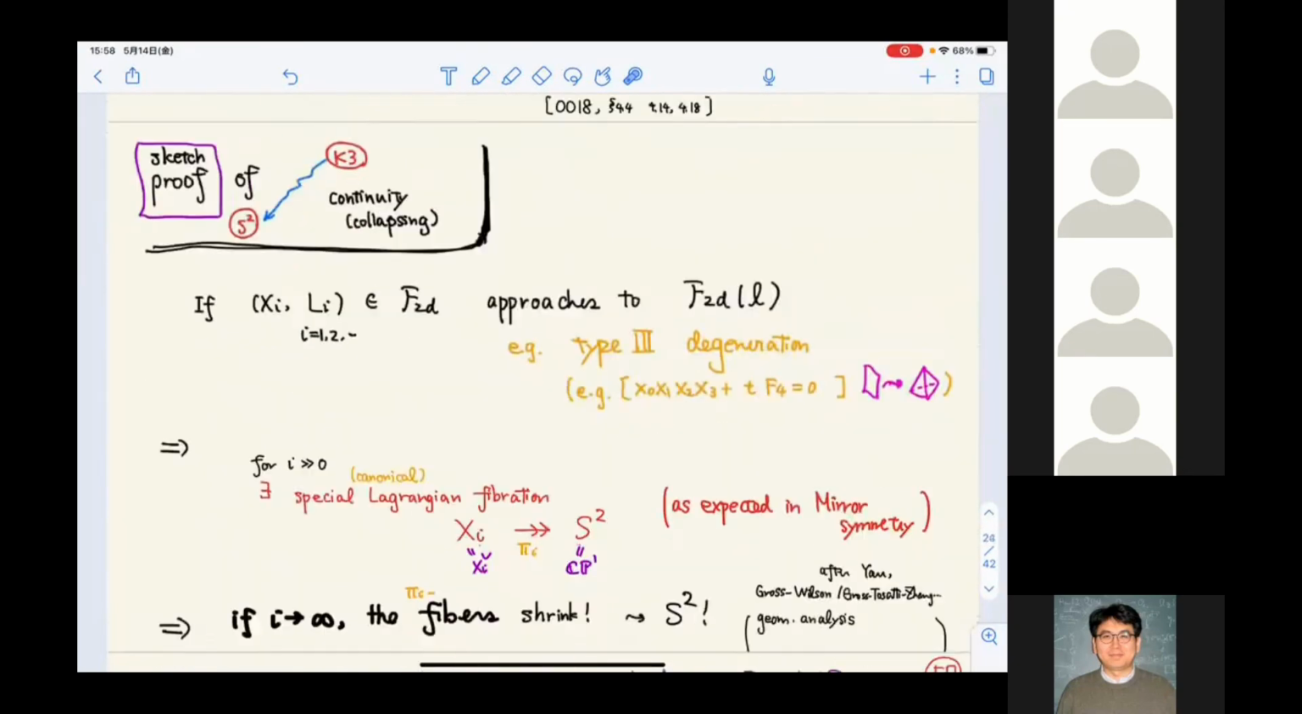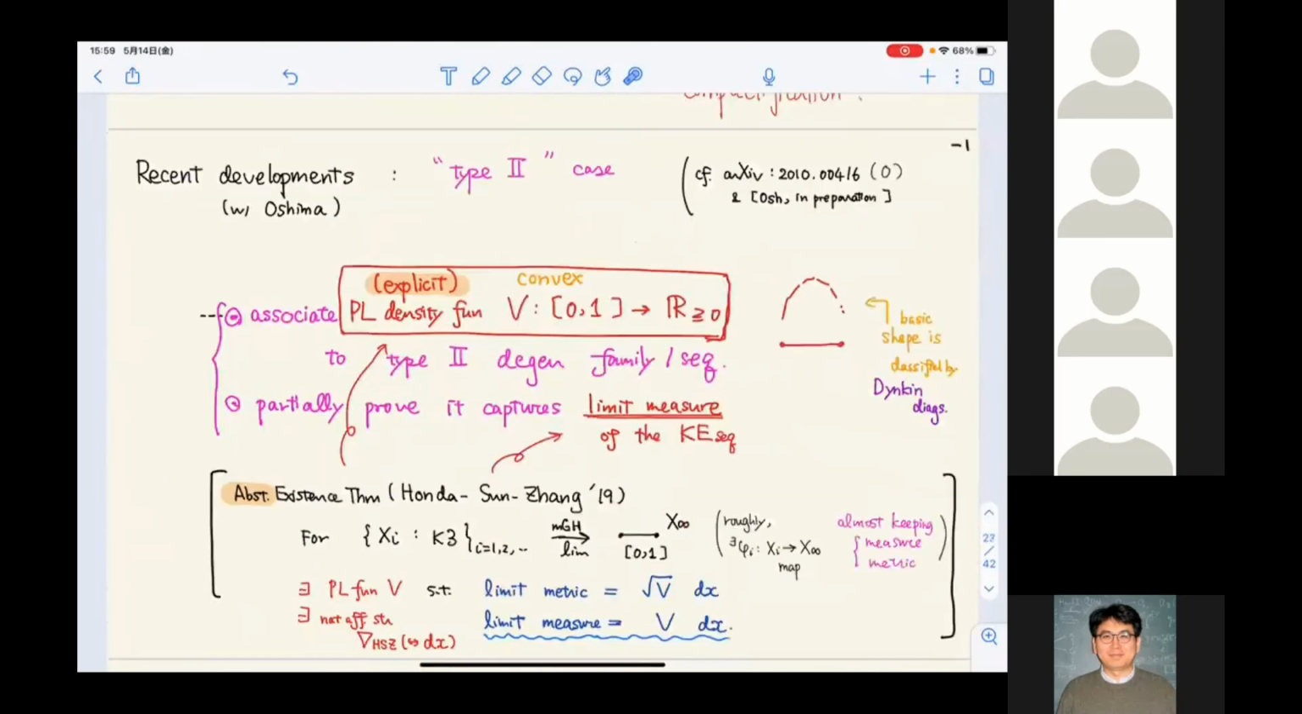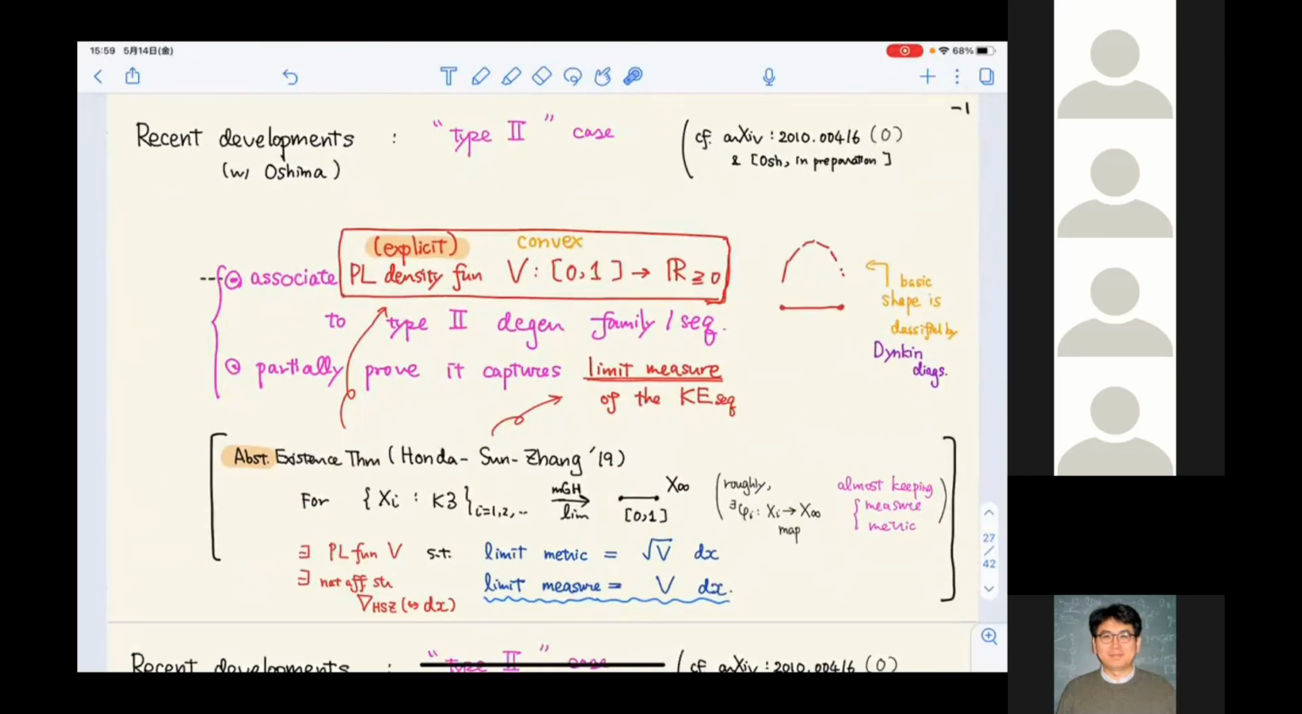What we recently did is that we found extra data, which is a PL function from the interval. And so the function looks like this, just a PL function, which is not differentiable at most 18 points. So to each type 2 degeneration, we associate some function, and the definition itself is